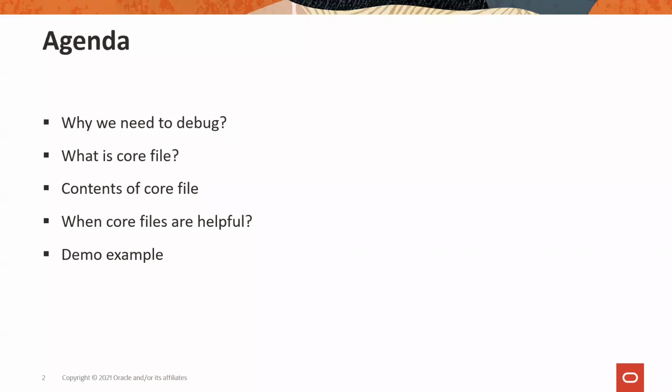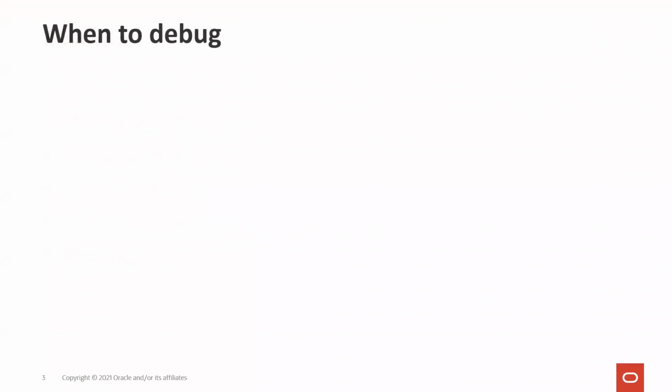Okay. So when we debug, there are certain scenarios. For example, let's say there is a misbehavior in the application or in the program. If you have designed a program which is supposed to print the employees of an organization, and you know that there are 500 employees, but the application is printing only 499, or it is printing one extra employee. So this is not normal behavior, right? Because it is not the expected one.